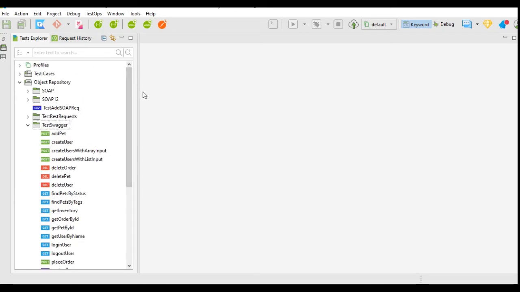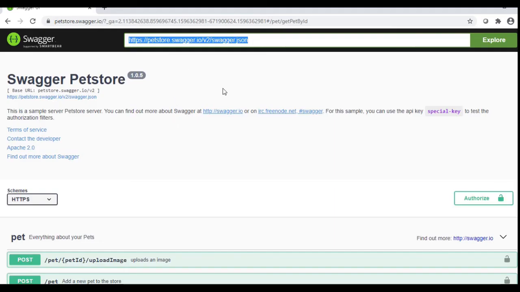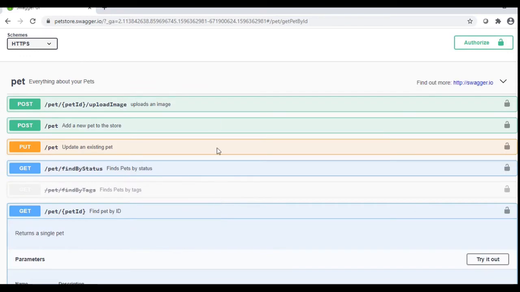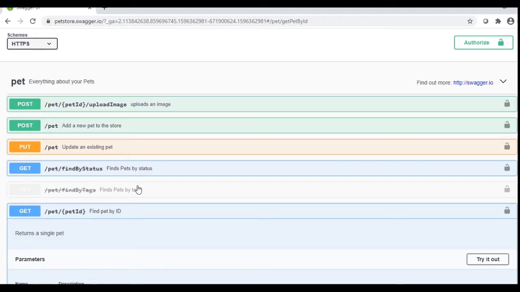When we import a WSDL file, it provides us all the SOAP request files, and when we import Swagger requests, all the requests related to REST API will be imported. We will go to that URL of Swagger. All the requests which are generated over here will be given over here.